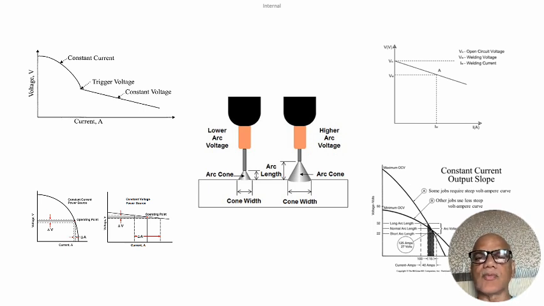You will see some more variations in current which are possible other than the voltage current characteristics. Just purely looking at the current, how it can be played and made. As you see here, the constant current output slope: some jobs require a steep volt-amperage curve, whereas some require a less steep one. Here we take a range of voltage of about 27, the amperage set is 125, and depending upon the variation in the characteristics of the machine, as you see here